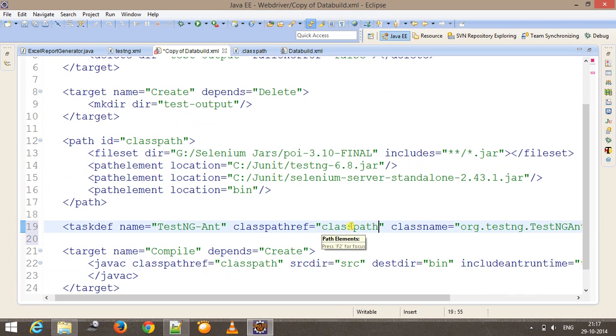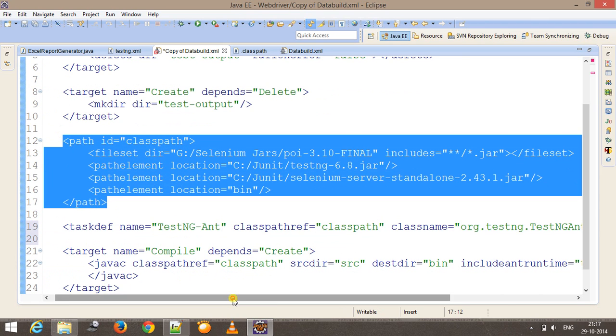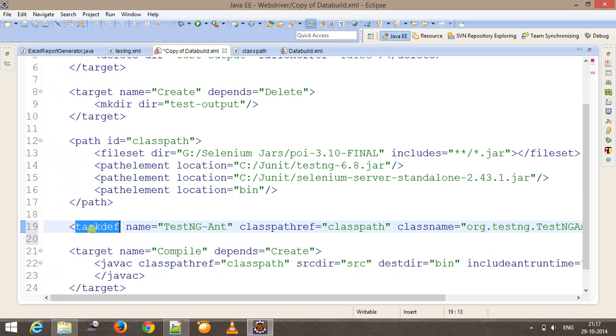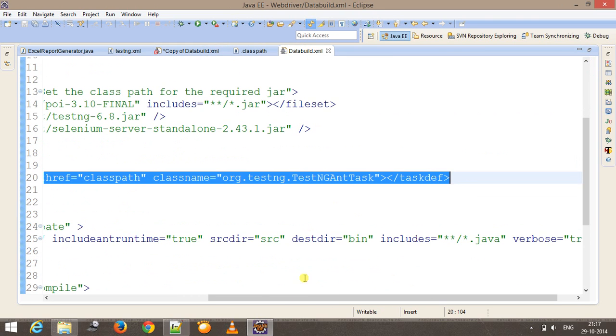So I have created a custom task, and that is the name of the task. Class path, again, is referring to all the jars, and I'm specifying the testng class inside this task. And using this task, I will run my testng-XML. So again, here